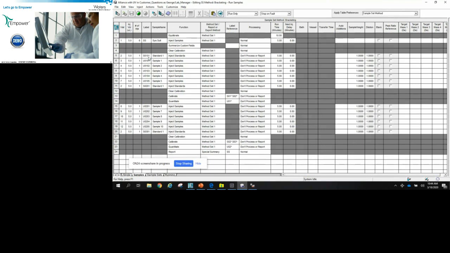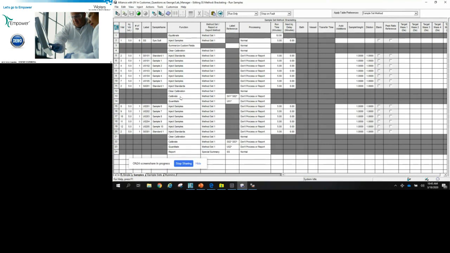That's certainly possible. So you can see here, this standard has a label of S0101. That standard has a label of S0201. We have a clear calibration line, calibrate, and quantitate.